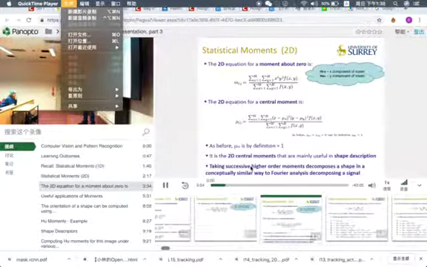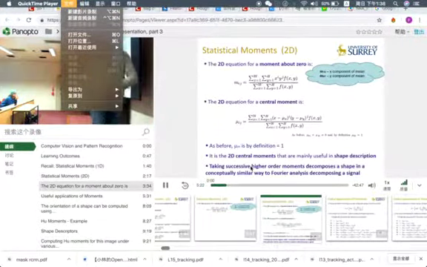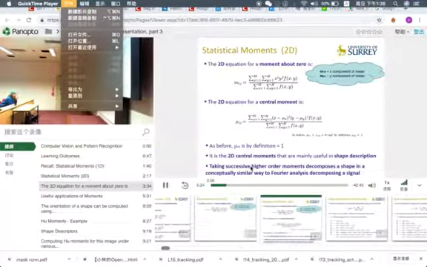I start talking about the variance, which is the order 2 central moment. Then we start talking about the spread about the mean. The skew, we talk about how lopsided the distribution is. And as we move on to the kurtosis, which is the order 4, 5 and 6, we start getting increasingly complex descriptions of the distribution of that signal. So increasingly higher order central moments describe different facets of the shape